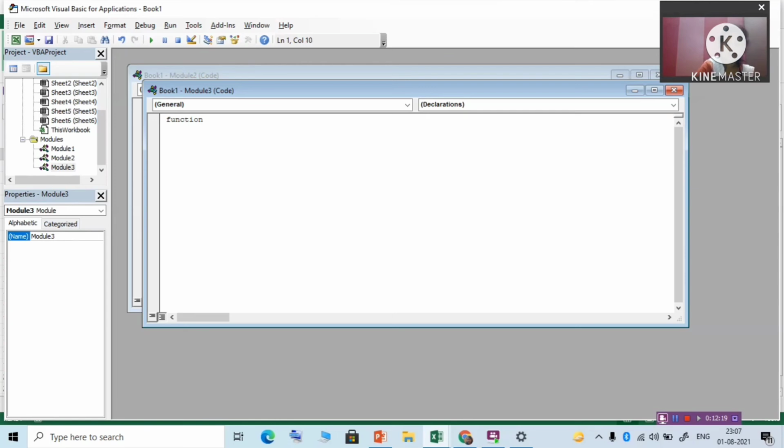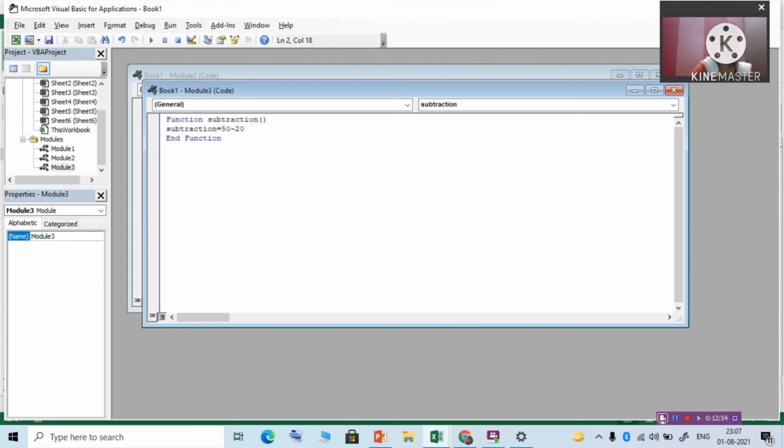Suppose I am writing the name Subtraction. When you write a function name, no space and no symbols should be used, only underscore you can use. Subtraction is equal to, suppose, 50 minus 2.